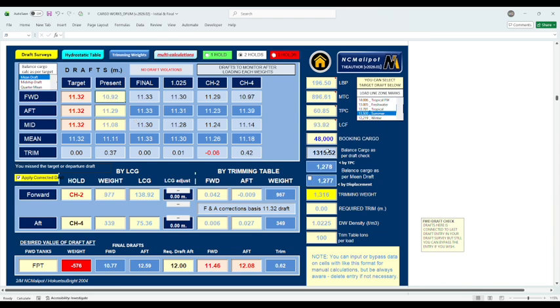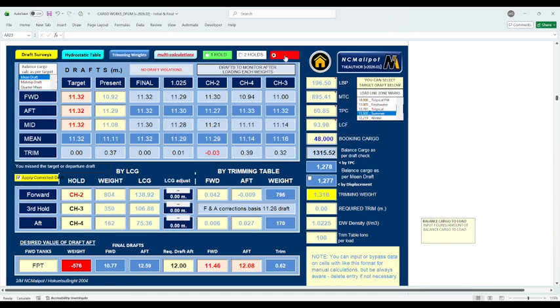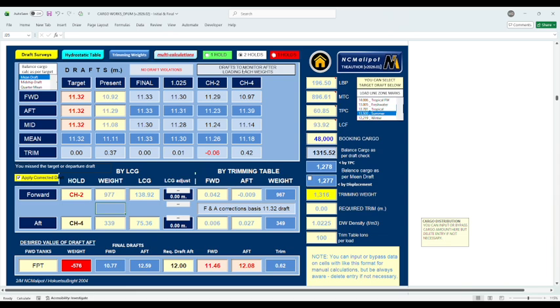And on our sample on the trimming with two holes, our booking cargo is 48,000 and the remaining weight is about 1,300. So this 1,300 is to be distributed, assuming, in number 2 and 4 cargo hold. Don't forget to keep it ticked to apply corrected draft. And there is also a feature you can use for trimming with 3 holes. Also, you can bypass the figure in the cell. Let's go back to 2 holes.